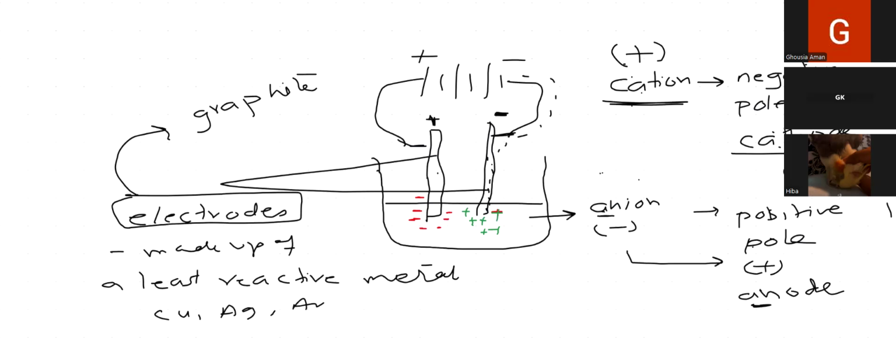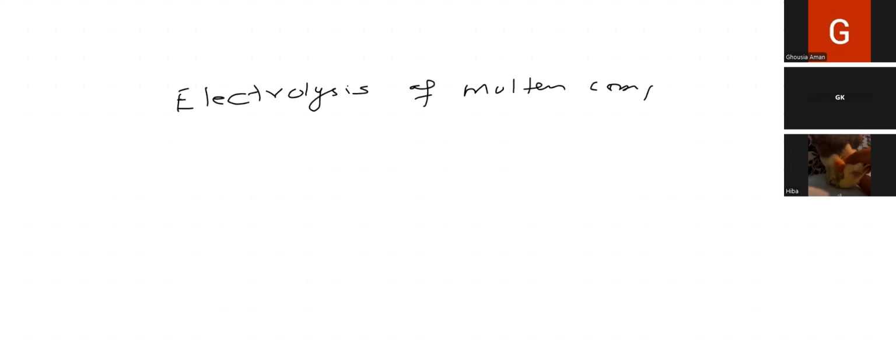Now see, let's start with the electrolysis of the molten compound. Examples of some electrolysis in molten compounds. So electrolysis of molten compounds is very, very easy. Okay, so let's start with number one, molten